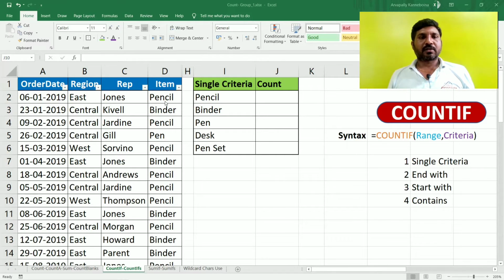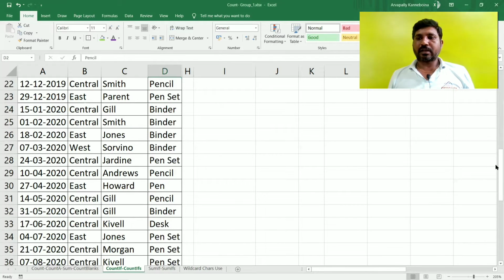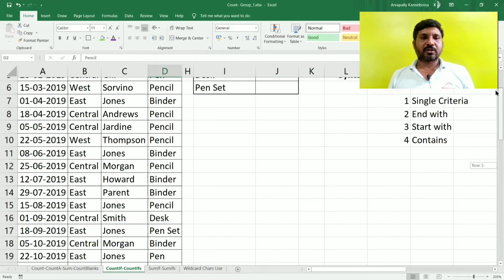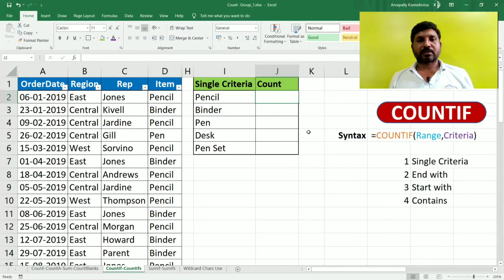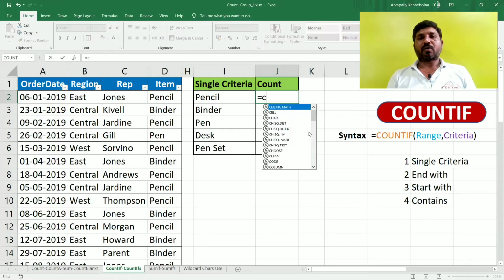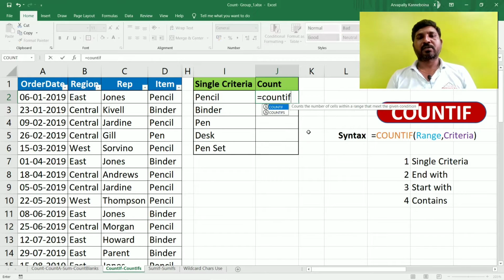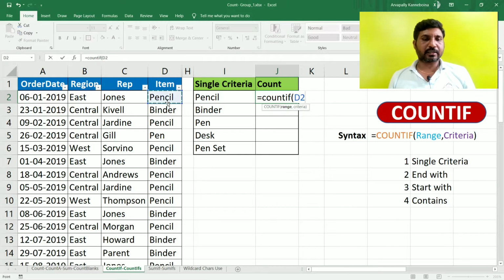So we have the data from D2 to D44, right? So I'm writing the syntax here, COUNTIF. It counts the number of cells within a range that meet the given condition. Okay. So first is the required range. Range means you have to select the data. So I am selecting this